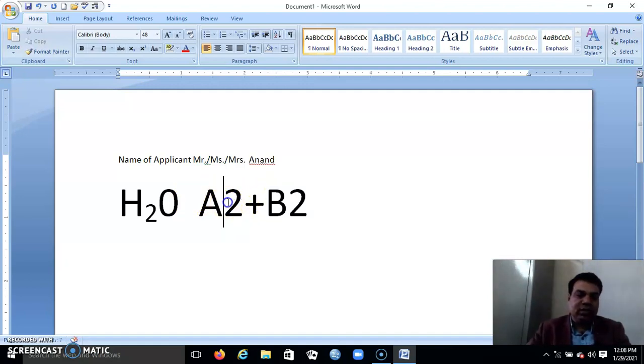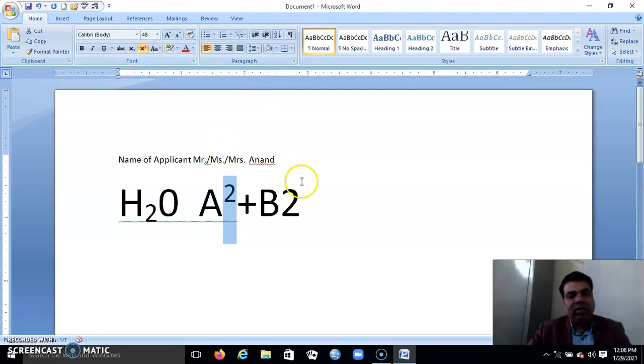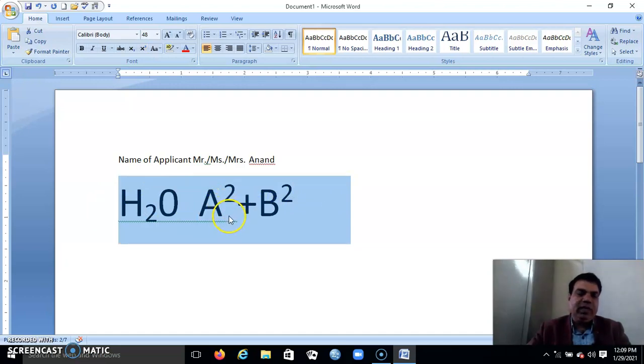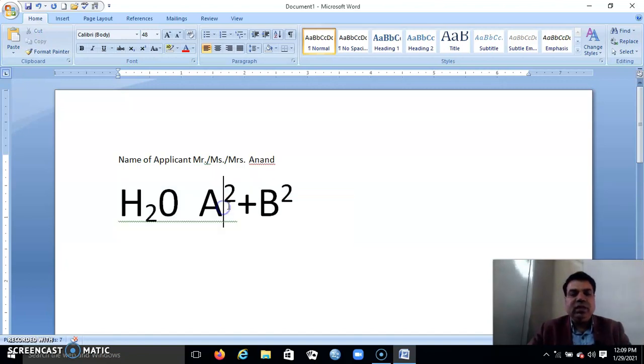This is a square and b square. It is superscripted. Now you can see that it is superscripted. When you write it on the upper side of any font, it is called superscript. On the down side, bottom side, it is called subscript.